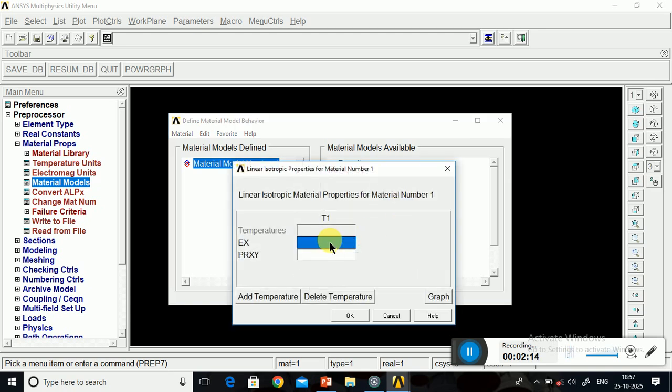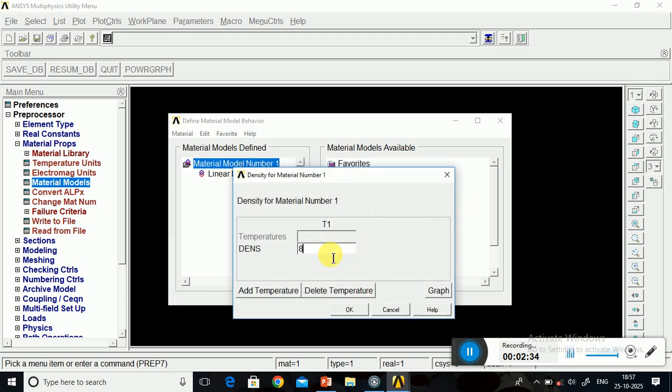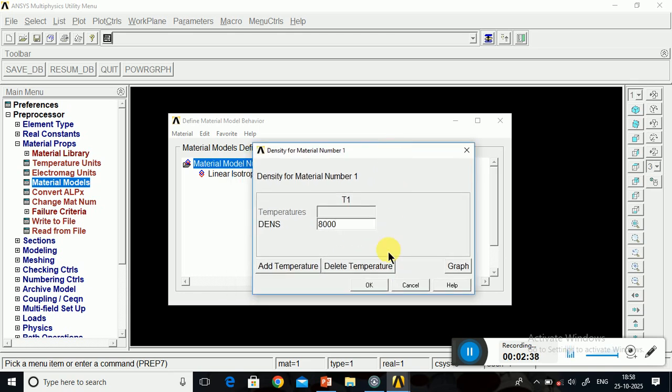Select isotropic, and the Young's modulus is given, it is 200 GPa, so 200e9 in Newton per meter square, and the Poisson's ratio is 0.3. Okay, here we have to add one more property, which is the density. So density is given 8000, so it is kg per meter cube. I am using the unit as meter everywhere.